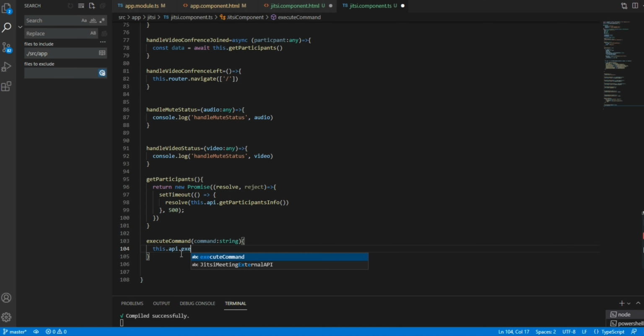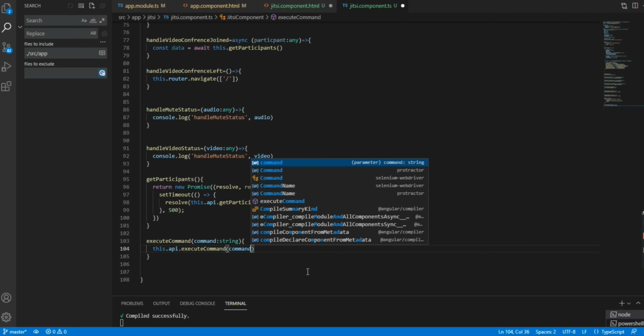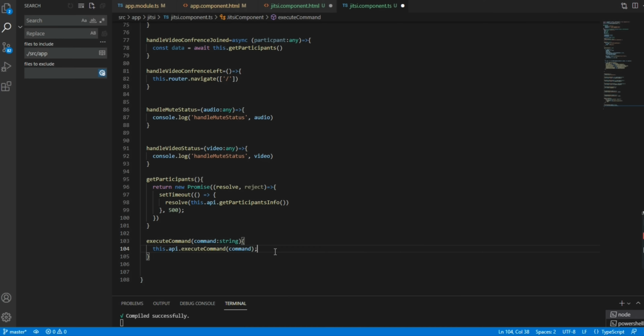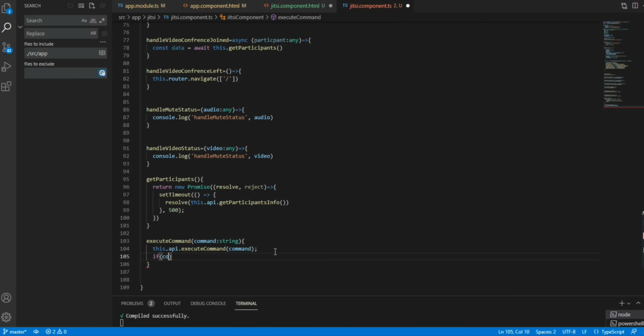This is the function and these are the parameters which we are passing, and we will write the conditions based on that. So API dot execute, and we need to send the commands to the execute command.